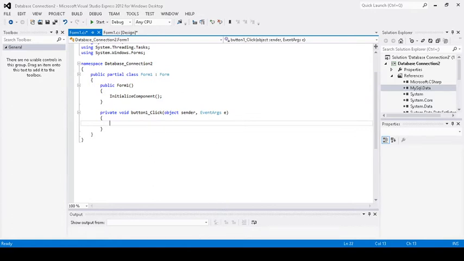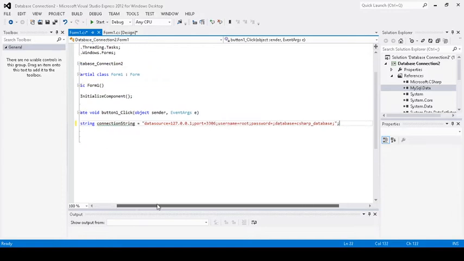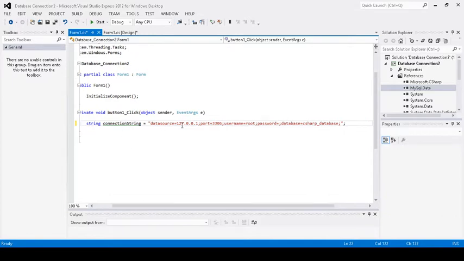Okay, so this is the code for the database connection. We have the string connection string, data source, the default 127.0.0.1, port 3306.